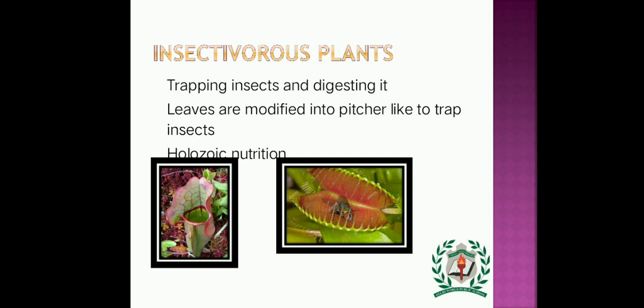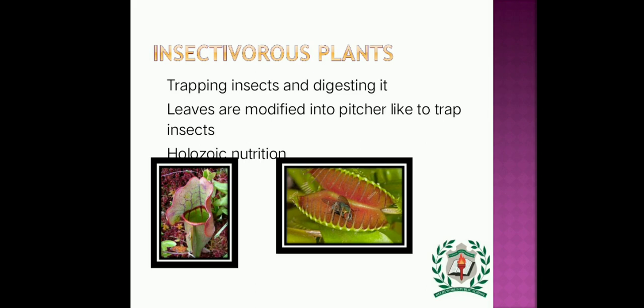The leaves of the pitcher plants are modified into a pitcher-like structure to trap the insect. The tip of the leaf forms a lid to the pitcher. The insect trapped in the pitcher plant is directed by the hairs in the pitcher. There the insect is digested by the enzyme present in the juice inside the pitcher plant. So the leaves will be colorful, and the tip will be modified as a lid, so that if an insect comes in, it can close. If not, the insect will go out of it, right?